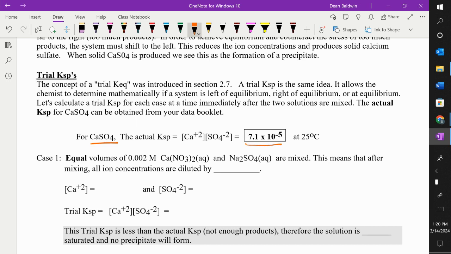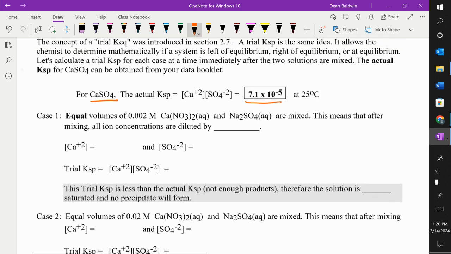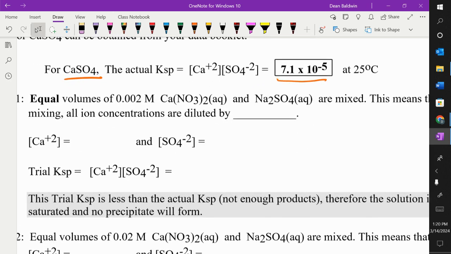If we add equal volumes of 0.002 molar calcium nitrate and sodium sulfate, what's the new concentration if you're adding equal volumes? Just divide it by 2, right? Equal volumes means divide by 2. You cut the concentrations in half. So they're diluted by 1/2,